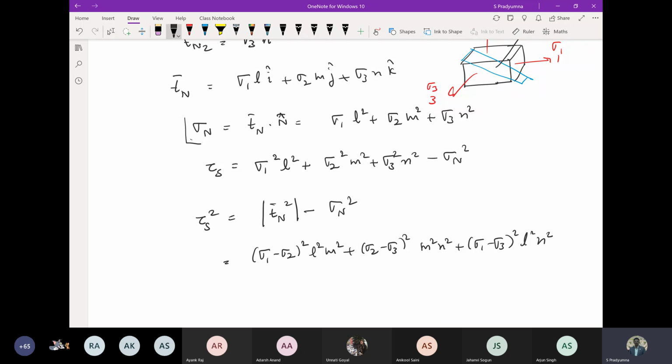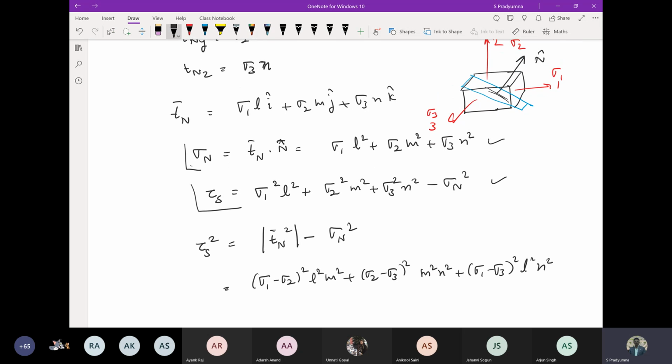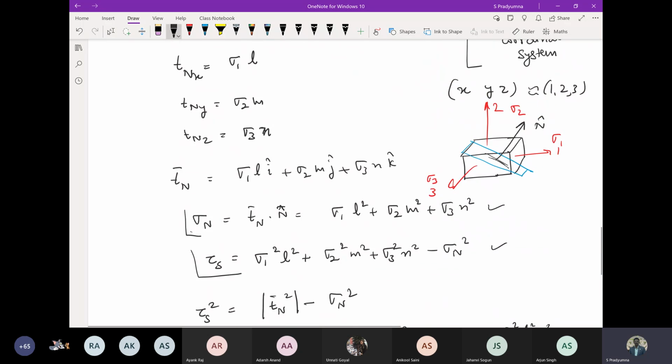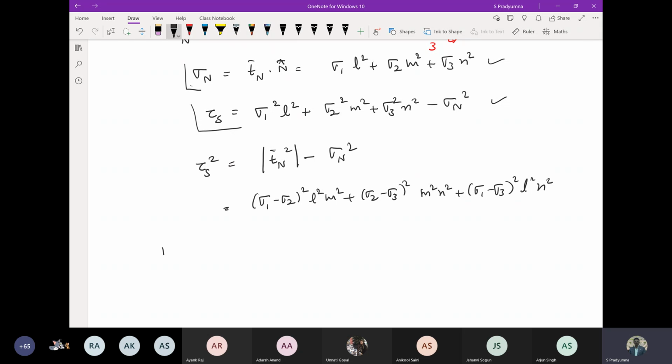So this is also possible. So that means I get the normal stress and the shear stress on this particular plane. Okay. So here now, corresponding to the principal directions, I can write the stress invariants. I1 is sigma 1 plus sigma 2 plus sigma 3. This should also be equal to sigma x plus sigma y plus sigma z.